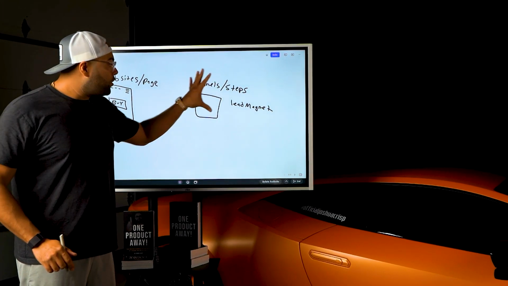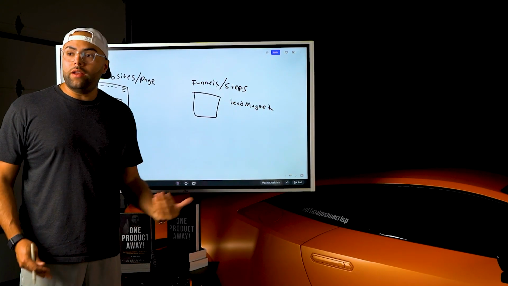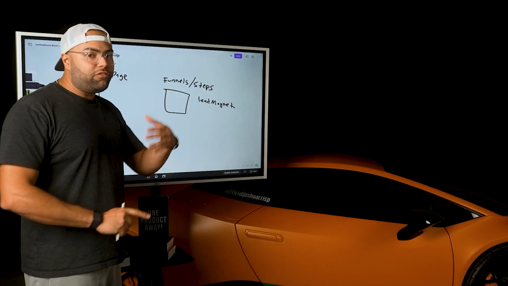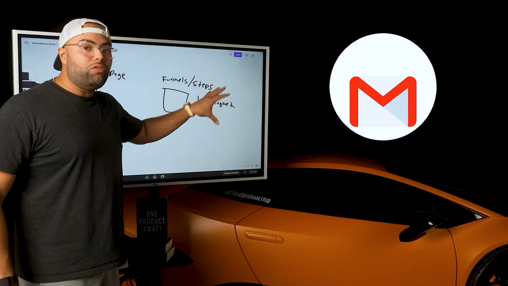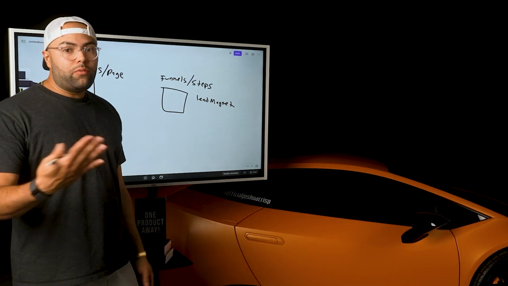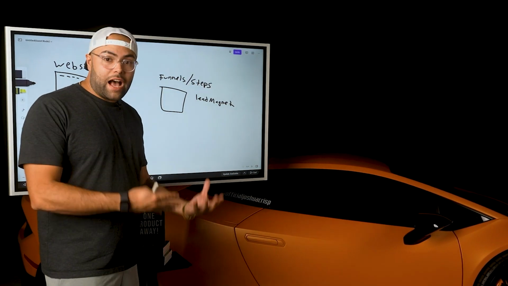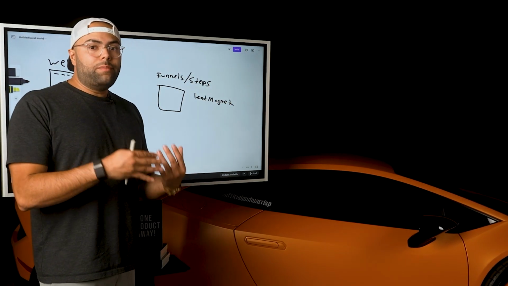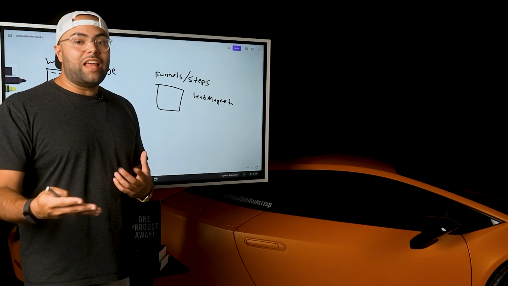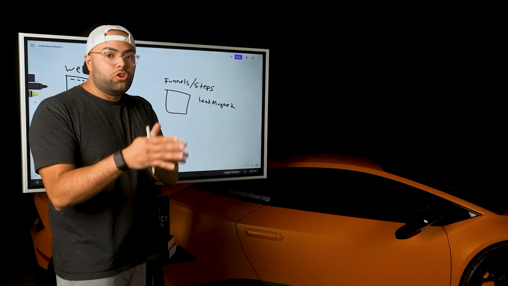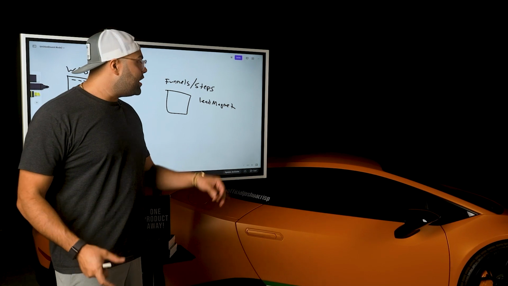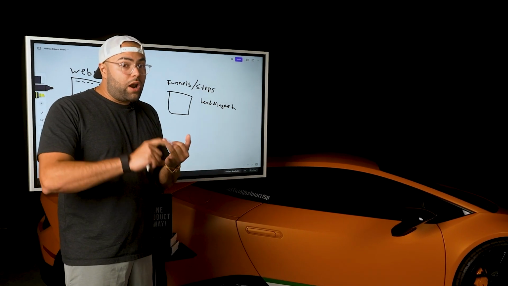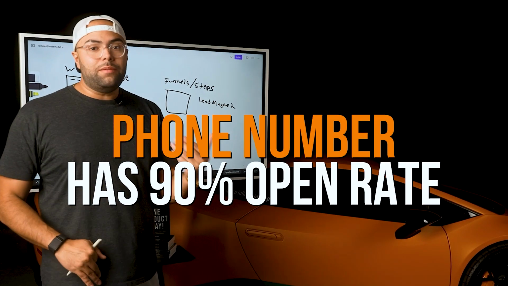Now, when they come in through this actual funnel with step one, and you have this information, not only can you still pixel them and retarget them via Facebook and Google ads, but then you can get into email and SMS marketing. By the way, when I got started with my companies and with e-commerce and with selling on Amazon, we were only using PPC, and then we leveled up to social media, and then we took it to the next step with SEO and with Facebook and Google ads, but it took me a very long time to understand the power of SMS. So on all of your pages, you wanna make sure that you're getting your phone number and email, because phone number has about a 90% open rate.